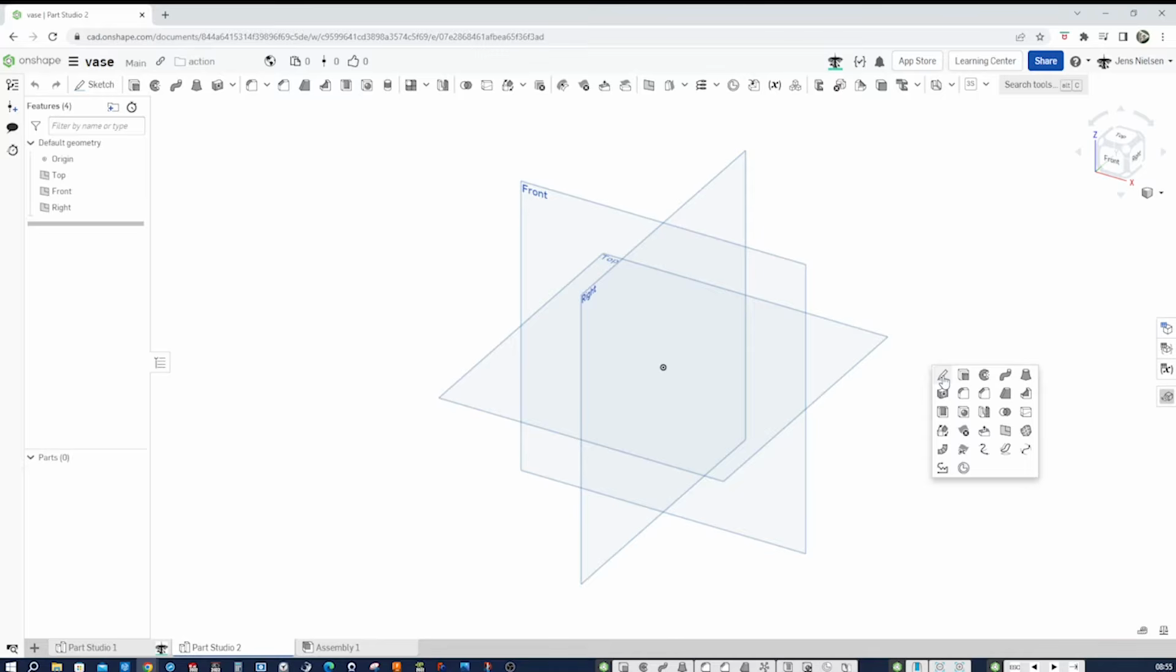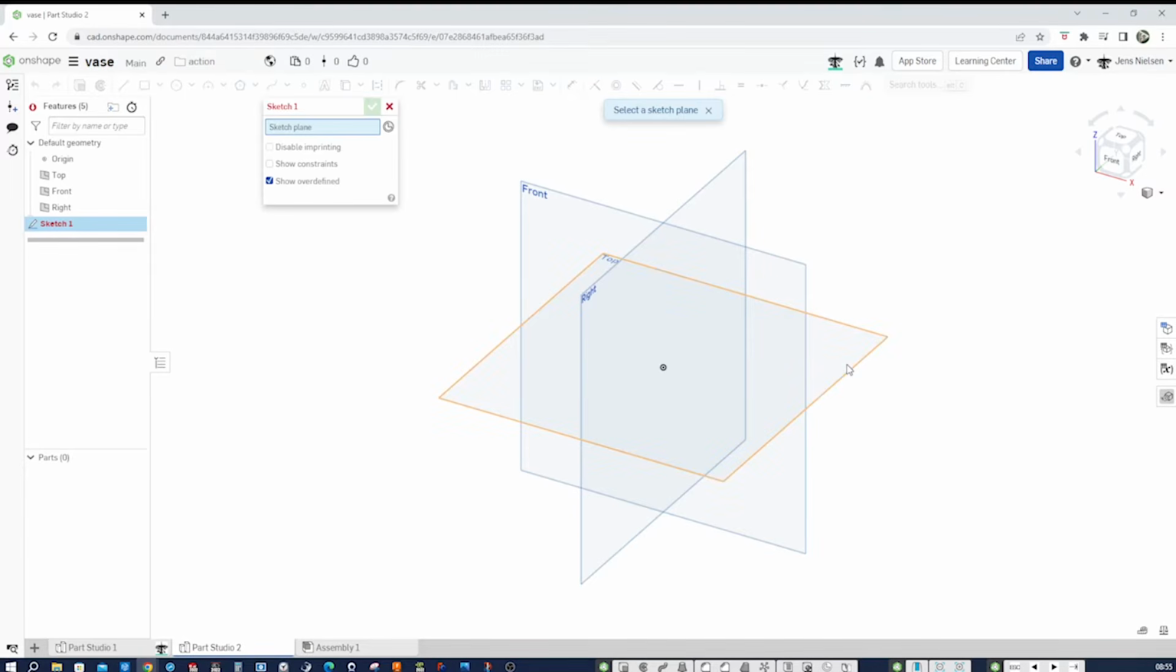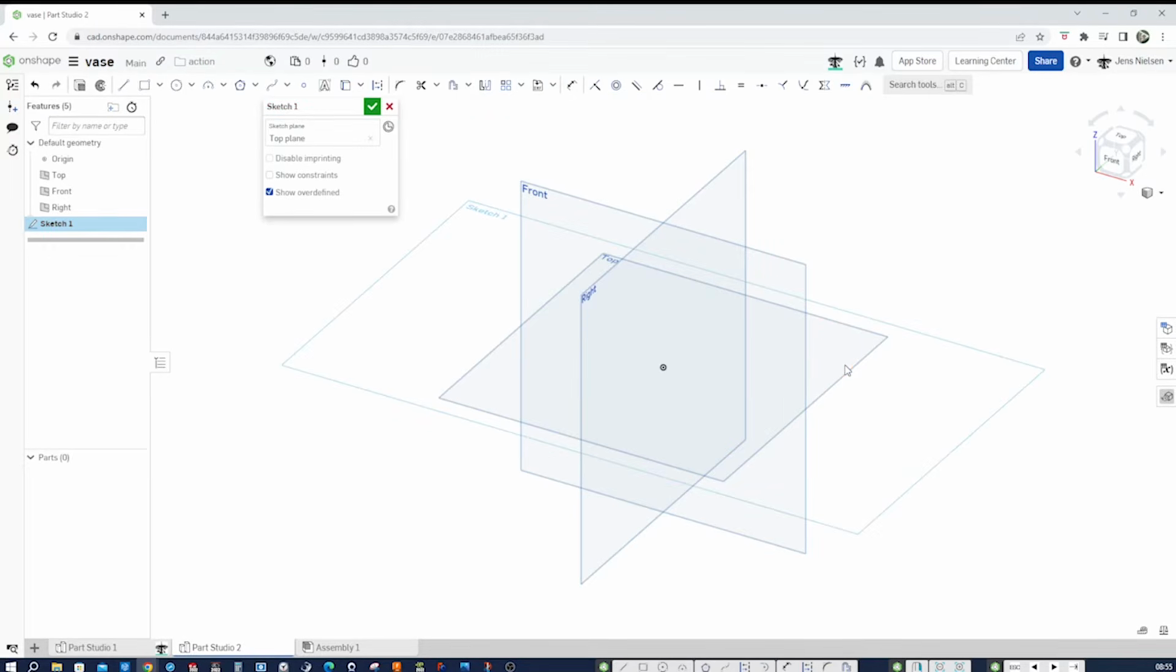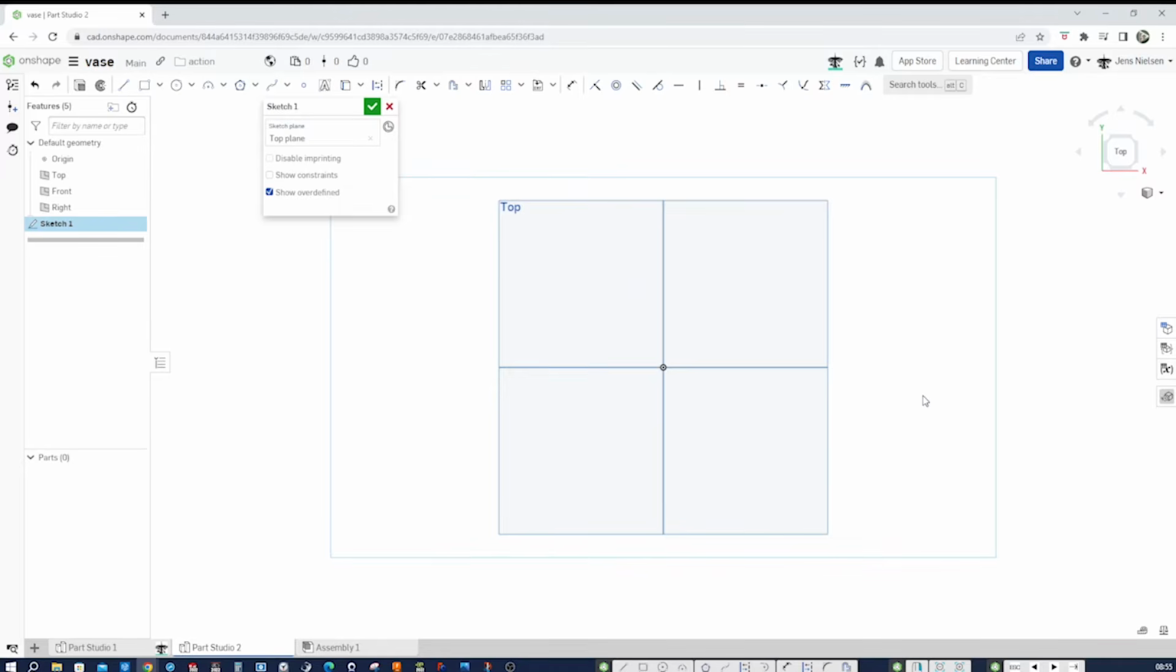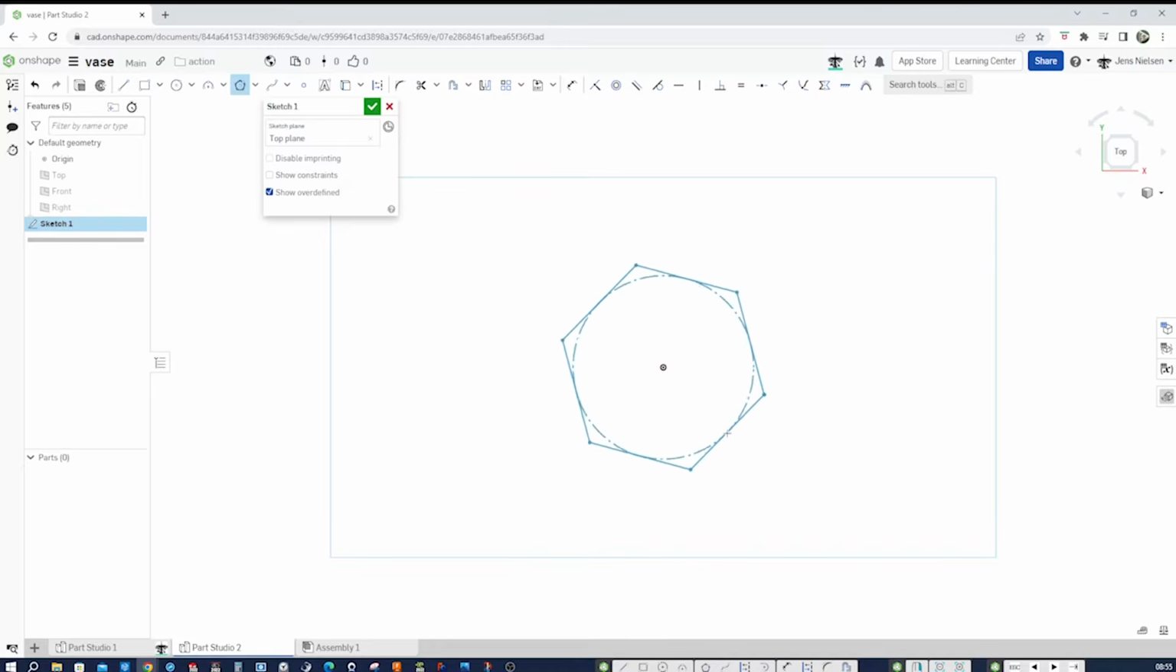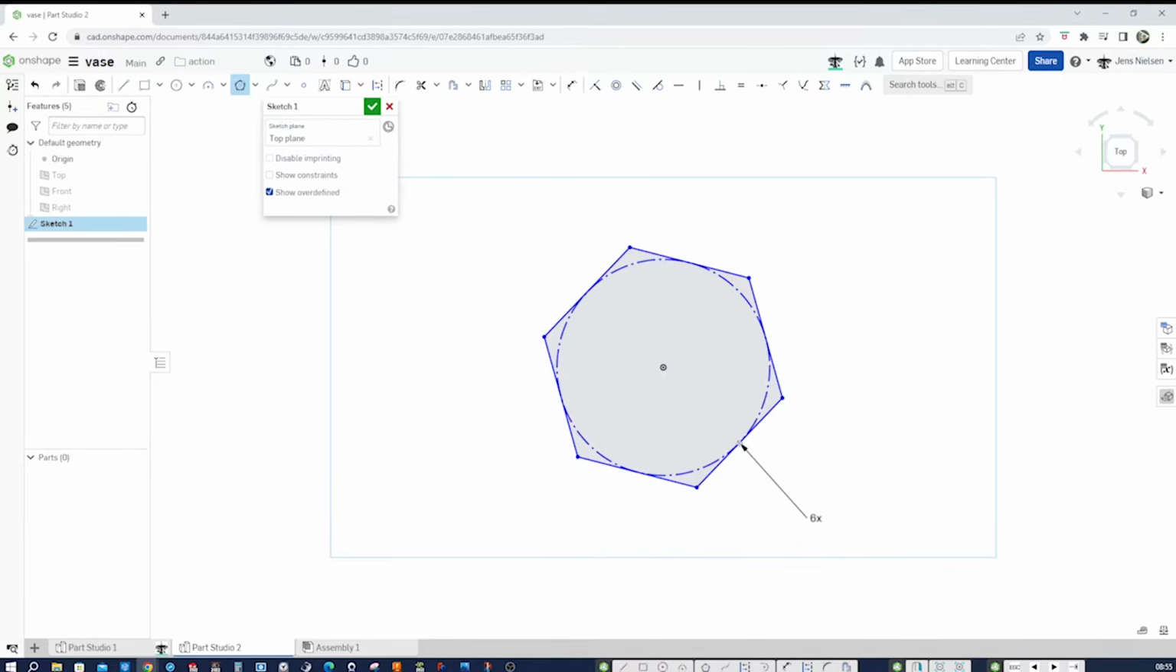Press S, get the sketch command, pick that top plane, press N to have a normal view of that, P to hide all planes, and then I'll go over here to that polygon command, pick the origin, drop that there, press Enter,